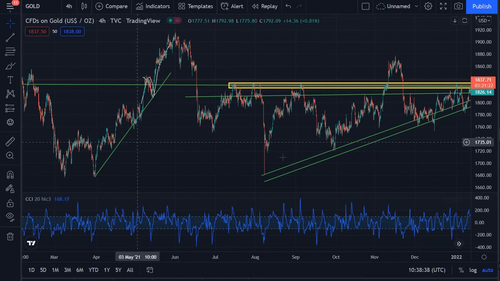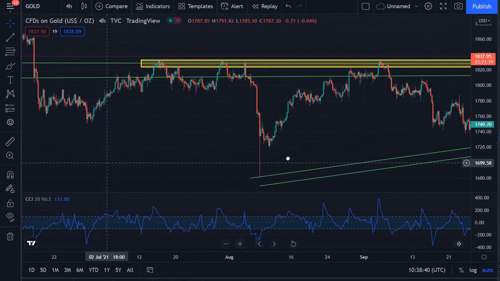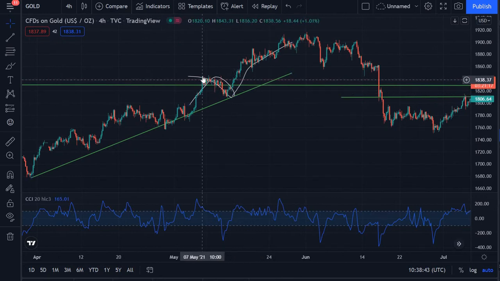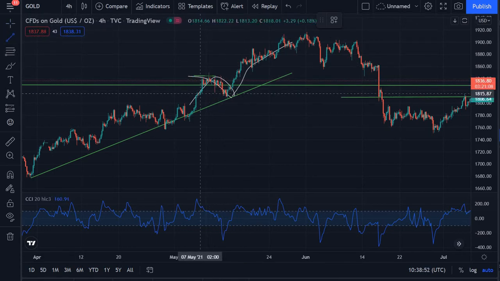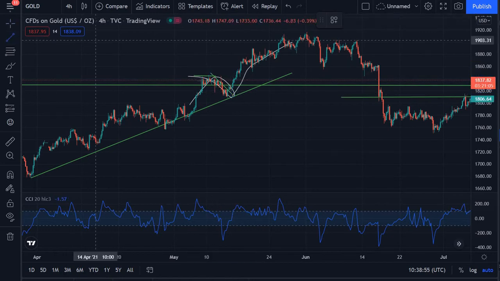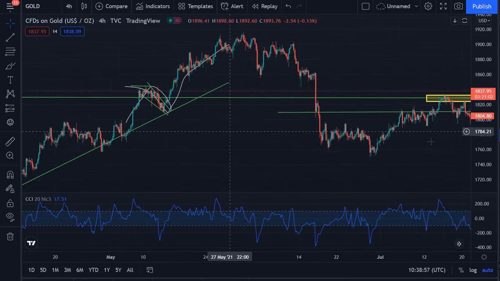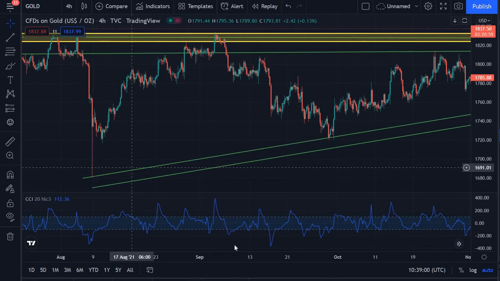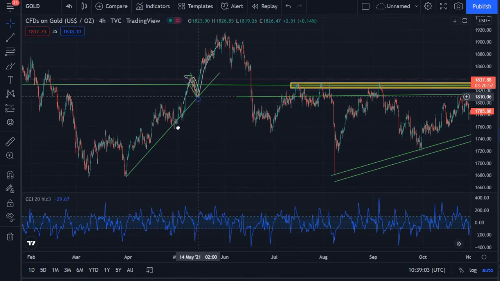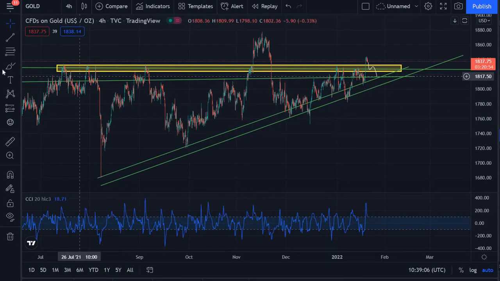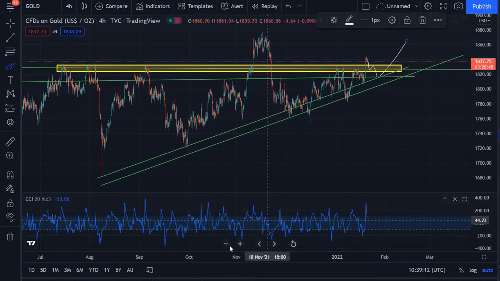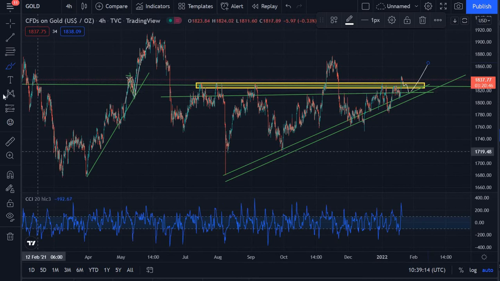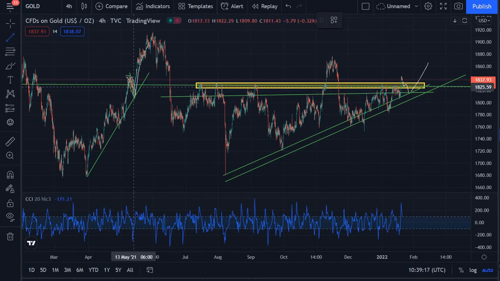But if we take a look at the previous breakout, we probably had some kind of double top and/or bearish divergence, and then moved lower. So this is the first thing. You could wait for a pullback, or you could short here if we see a bearish divergence, and then short to maybe this trend line and this support line. And then if we see a break, you could enter a buy again, which would be the break of this channel. If we quickly zoom in here,